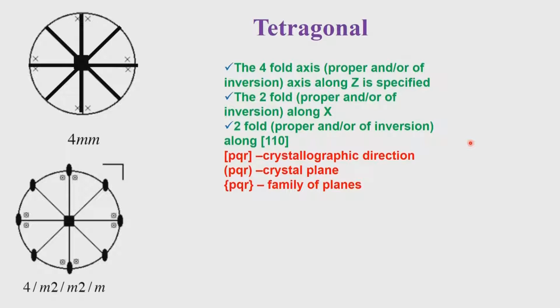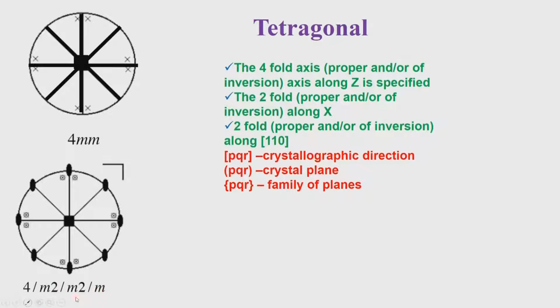in the area. So, the tetragonal system therefore can be 4 mm, which is essentially a proper improper axis, and in this particular case down here it is 4/m 2/m 2/m. In fact, 4/m 2/m 2/m can also be written as 4/mmm, and that is the shorter form of this. Essentially it means that we have a combination of a proper and an improper axis associated with each direction.